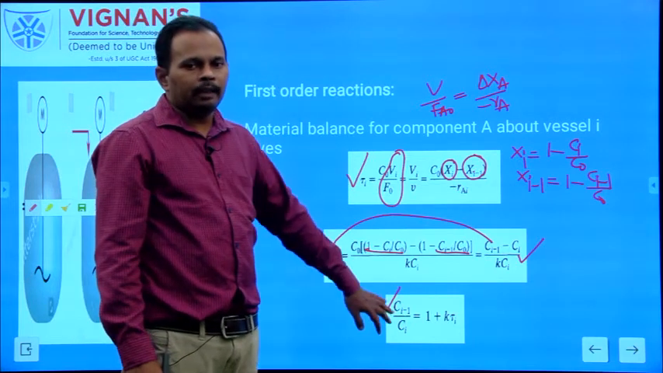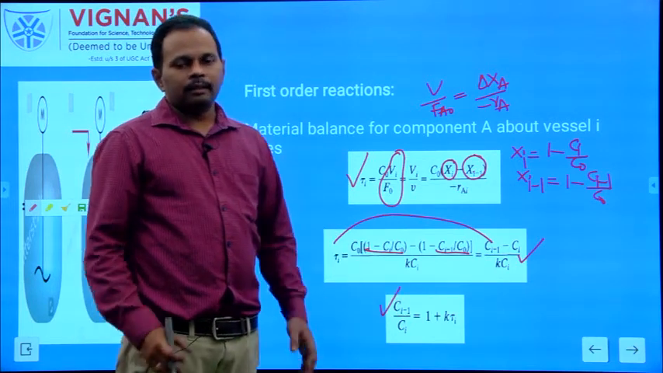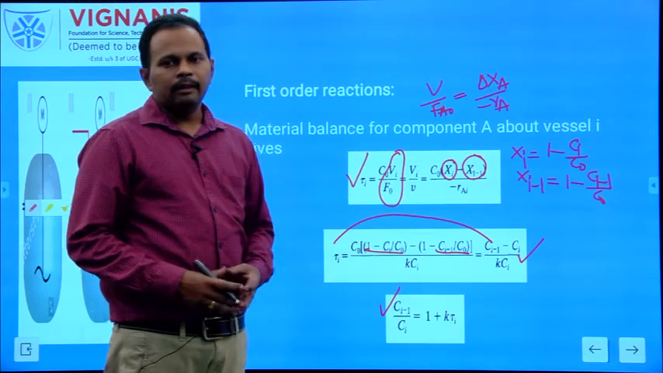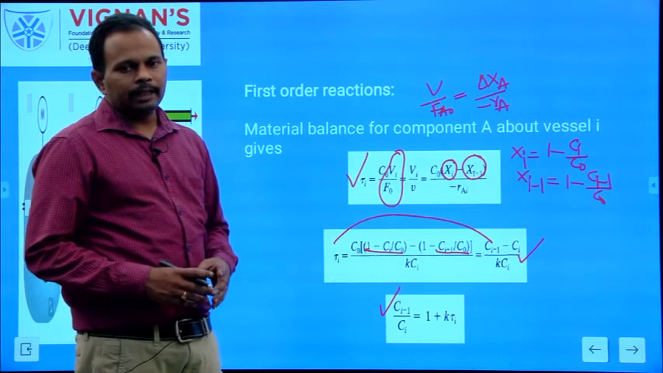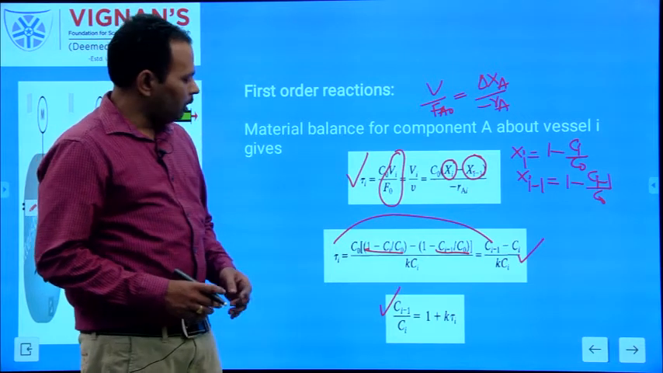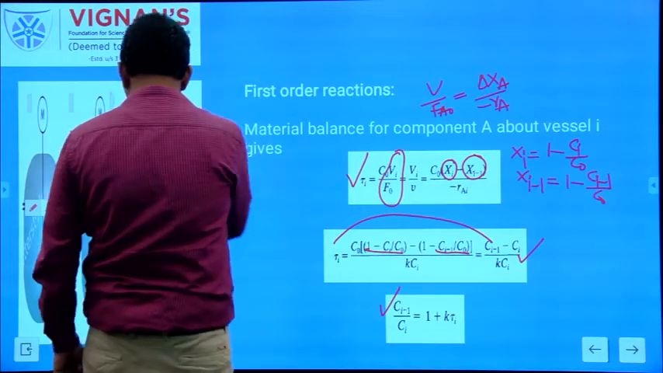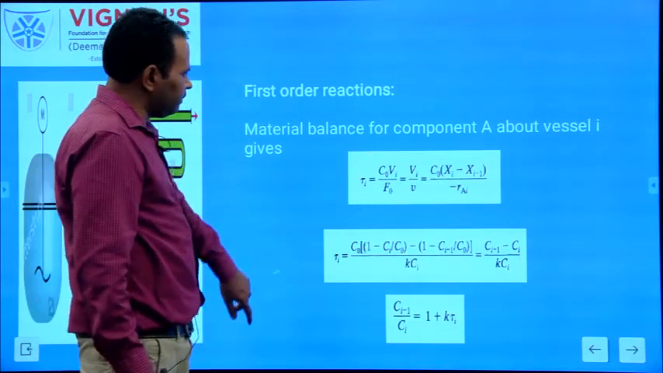What is Ci minus 1? That is the concentration of the reactant in the previous reactor. Ci is the concentration of the reactant within the ith reactor, equal to 1 plus k tau i. Okay. Next one, this can be written as,